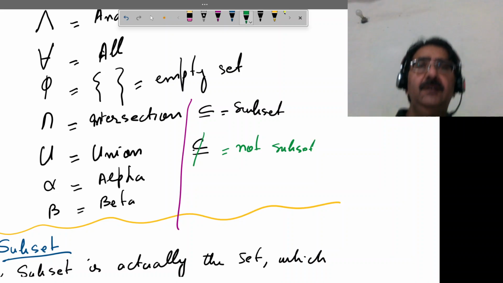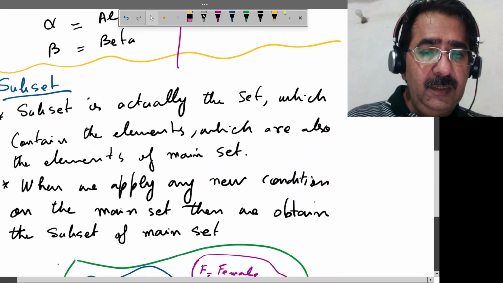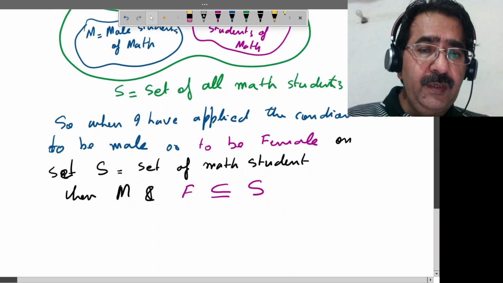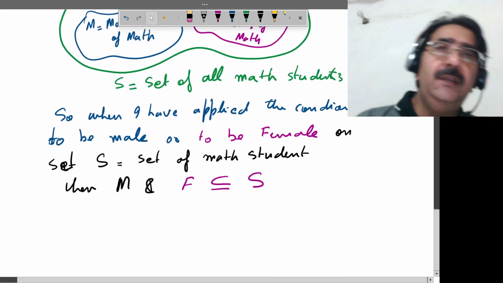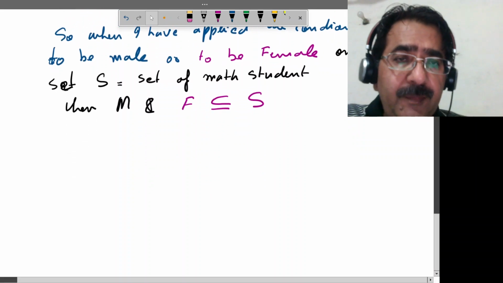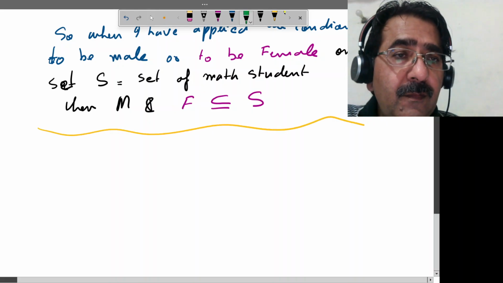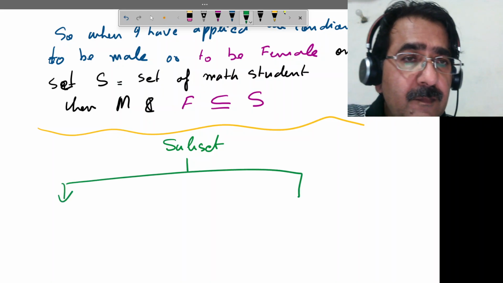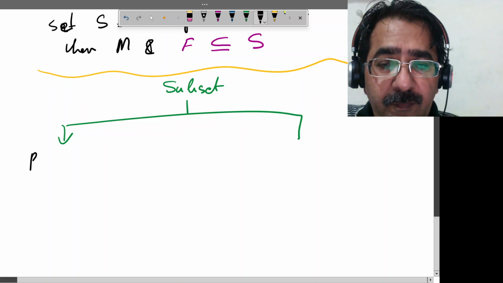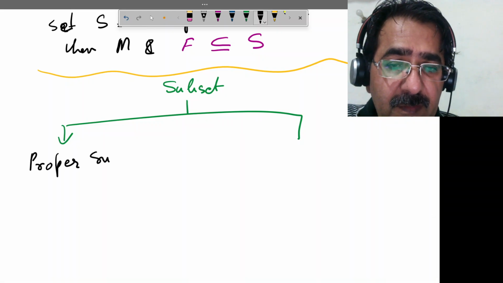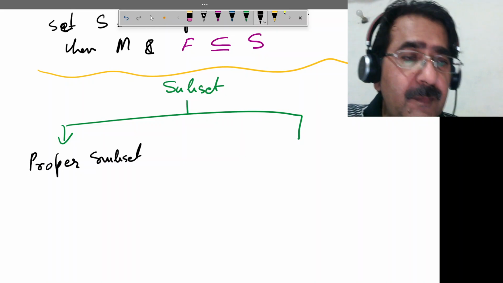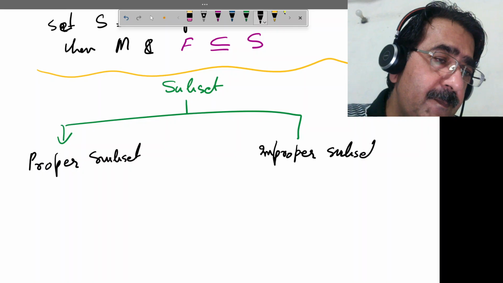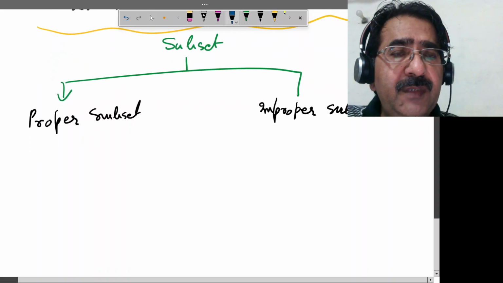So these are the different notations that will be used in set theory. Okay, so the M and F will be subsets. A subset may be a proper subset or an improper subset. Okay, proper subset means